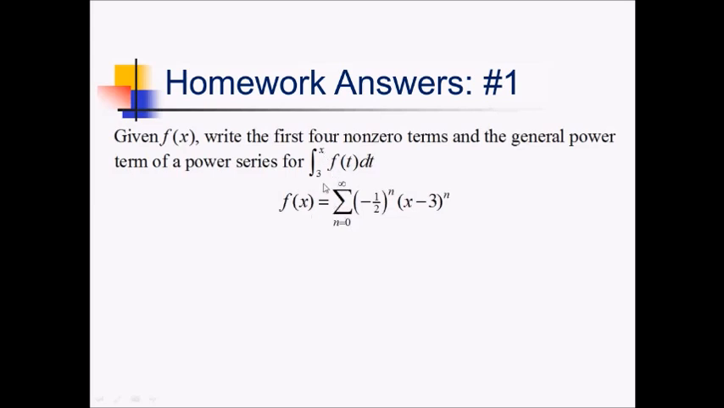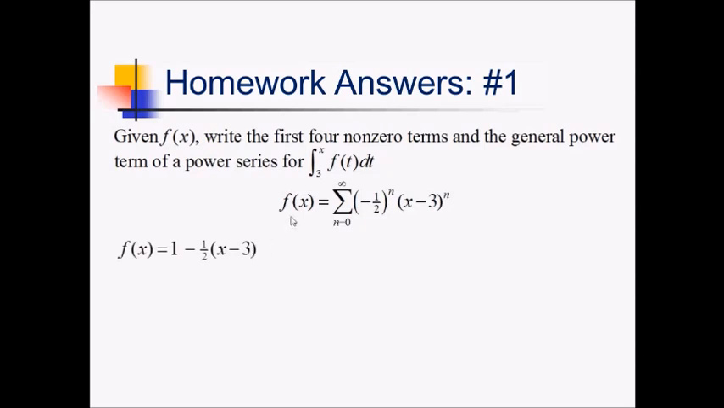Let me start by writing out the original. I need four non-zero terms and I'm integrating, so if I just write out four non-zero terms for this, that should be enough. My first term is just all this stuff to the 0, which is just 1. And then for the next term, this is n equals 1 now, so this is going to be negative 1/2 times x minus 3,